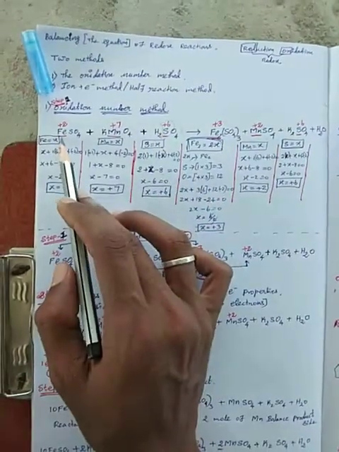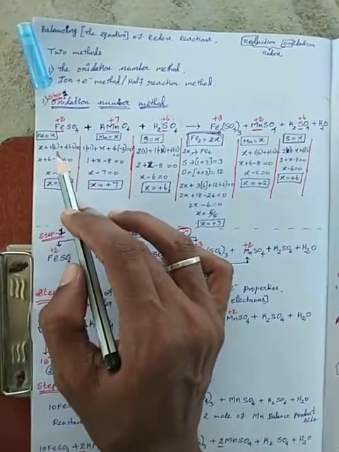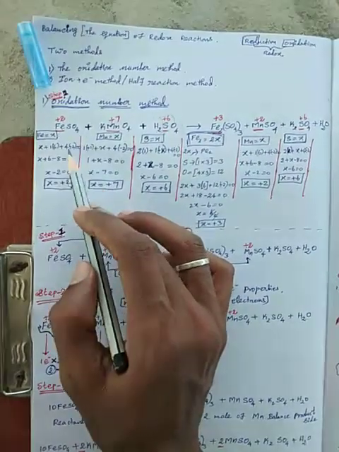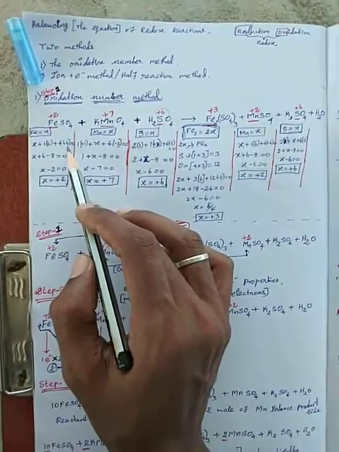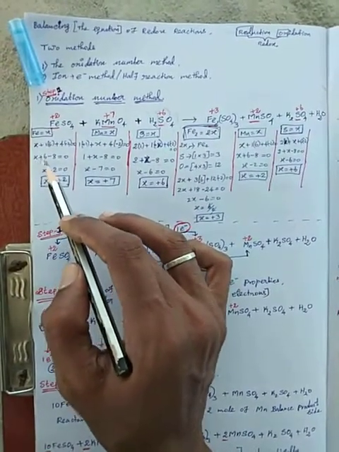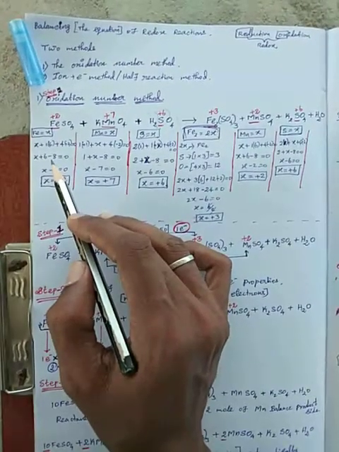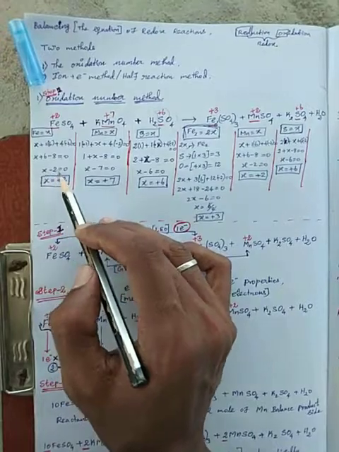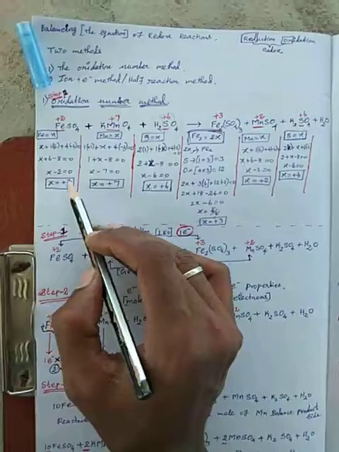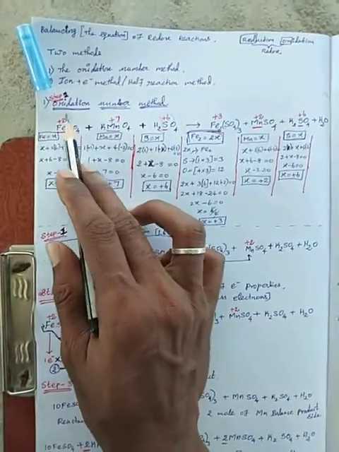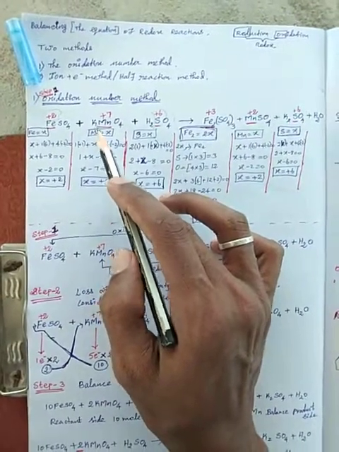So from the equation, in the reactant part ferrous sulfate, sulfur is plus 6, 1 into plus 6, plus 4 into the oxide atom, whose oxidation number we already know is minus 2. So X plus 1 into 6, and 4 twos are minus 8, equals 0. So minus 8 plus 6 equals X minus 2 equals 0, X equals plus 2. So the iron oxidation number is plus 2. Next is potassium. Potassium oxidation number is plus 1, students.